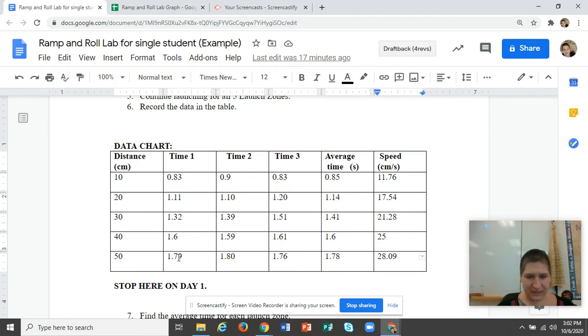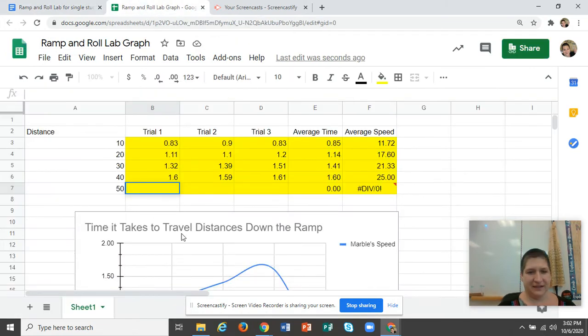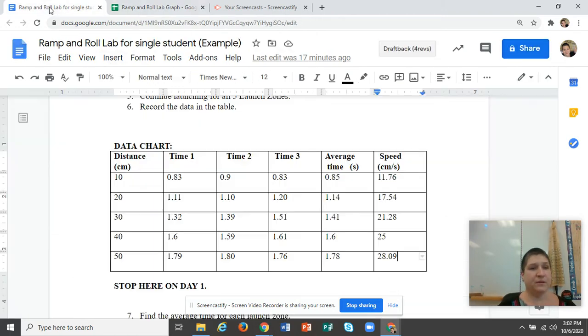So finally 1.79, 1.8, 1.76. Now, before I go any further and look at my graph, I want to make sure that the average